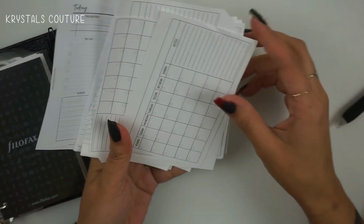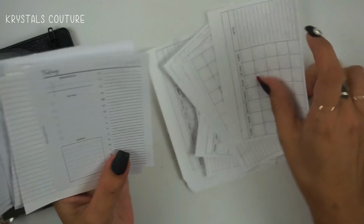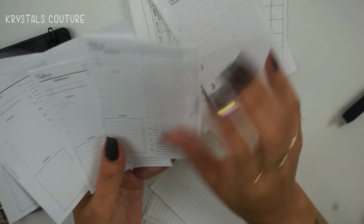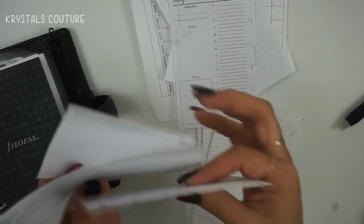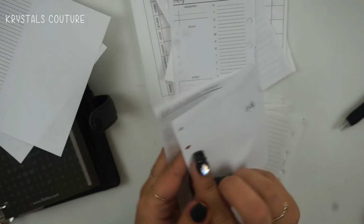So I have my vlog calendar, which I've been fiddling with. I have more dailies in here, some of the to-do lists. These are the ones that I said printed weird, because she only offers them to be printed the other way, like that. So I have those, and then I have these, which I was going to fold and make into some kind of